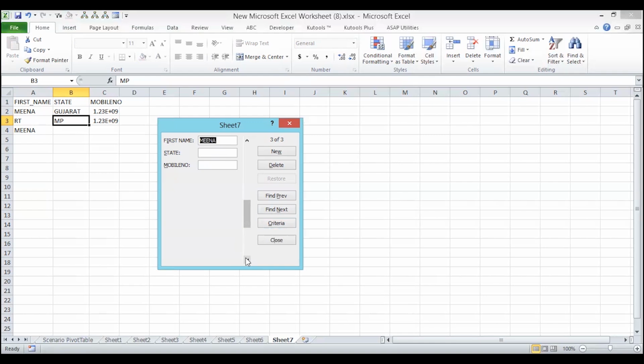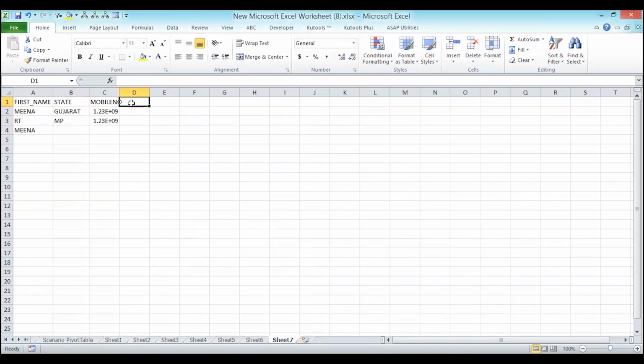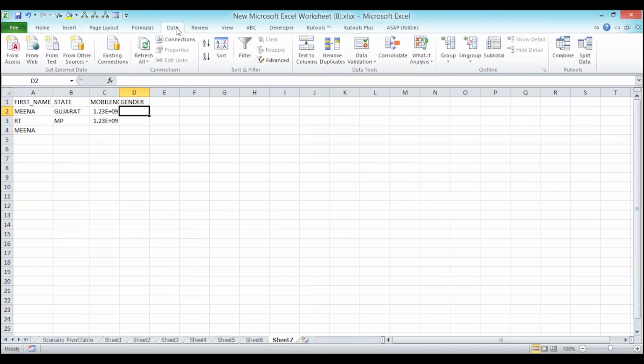Now, if I add some other drop down list value, this is called the gender value. For example, if I add some value, gender, G-E-N-D-E-R gender value, right? Then go for the data tab. Go for the data tab. In this data tab, data